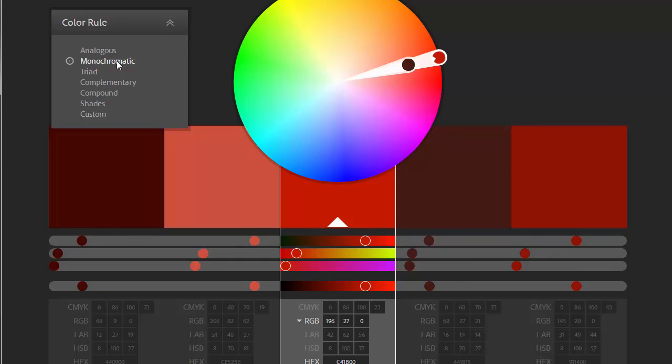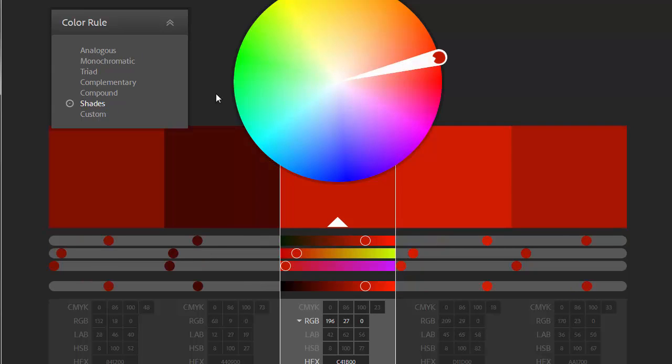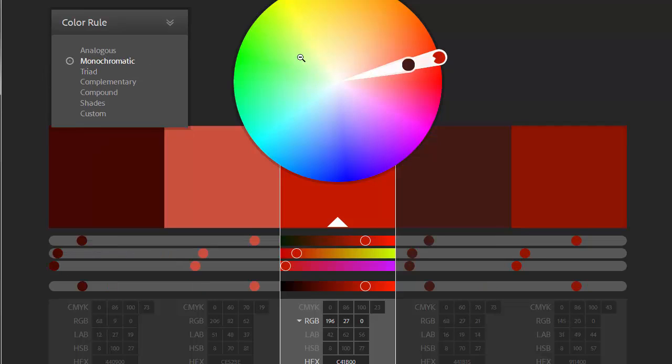Okay. Monochromatic, once again, it speaks for itself. As you can see, kind of what you saw with shades. Here's shade, and shade is the one color. It's basically one color on top of itself and the different tints of it. Well, monochromatic is actually going to put you along the line of that particular color. So it's kind of like shade, kind of like a tint, but as you can see here, this color is actually a little closer